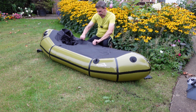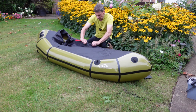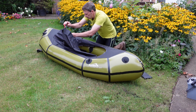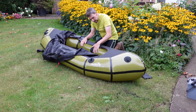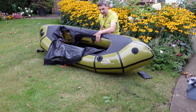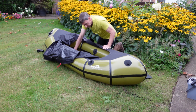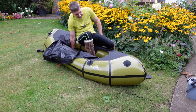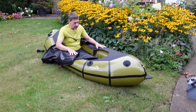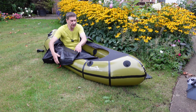It has an inflatable seat. It has a spray deck there as well, and there's plenty of room for yourself inside there, and so light. This to me is really just the job. That is just right for me. There's plenty of room in there for me, and then you can bring your spray deck round,